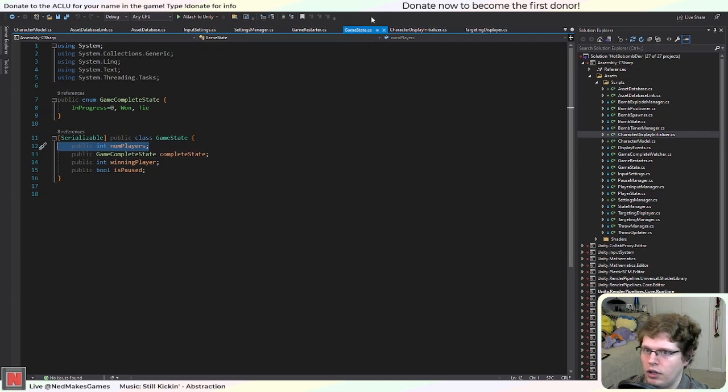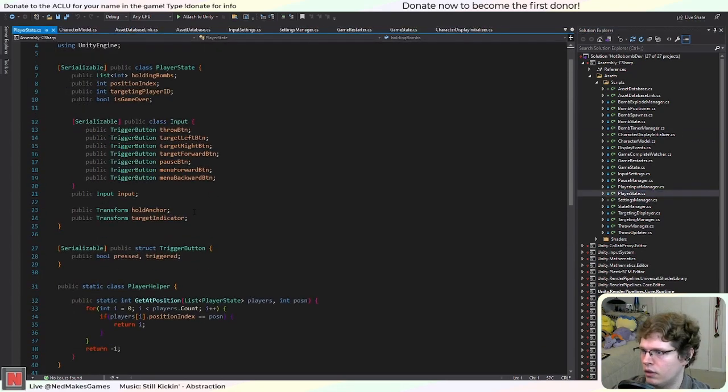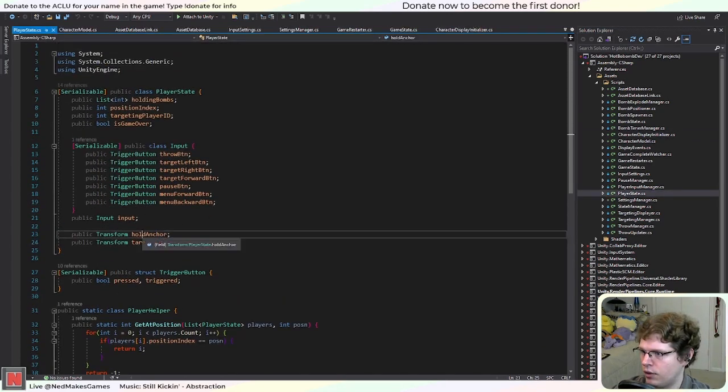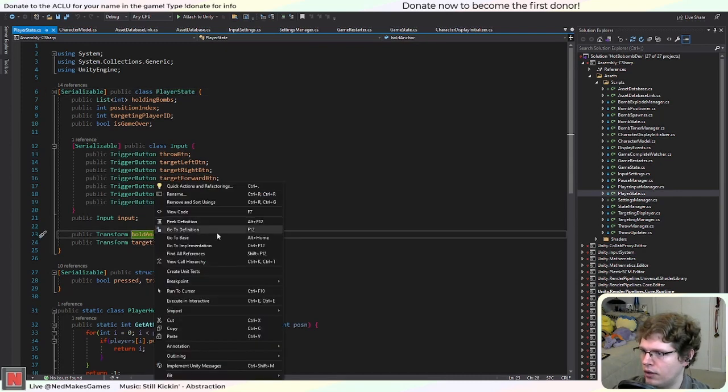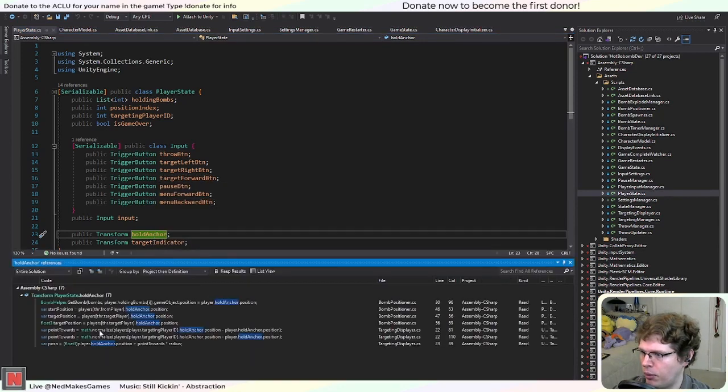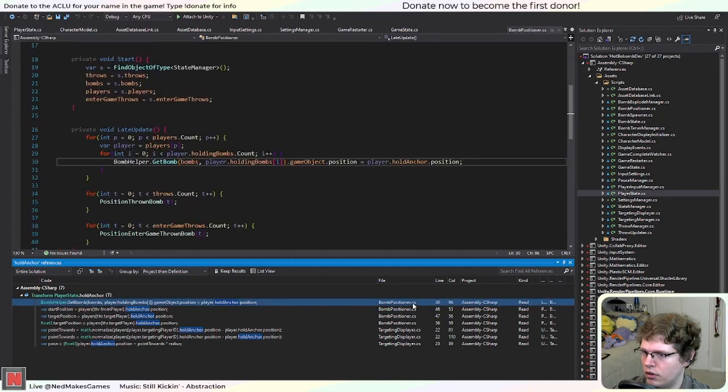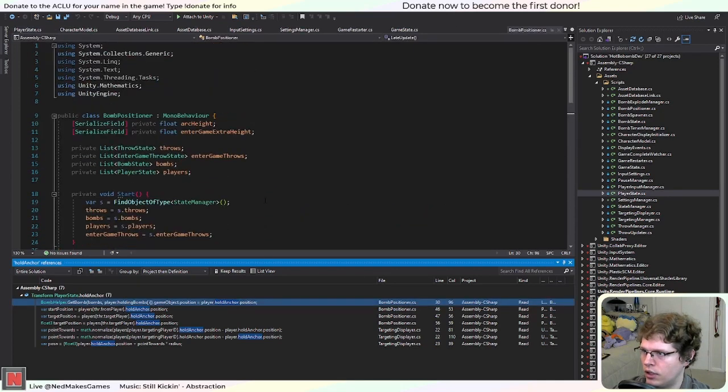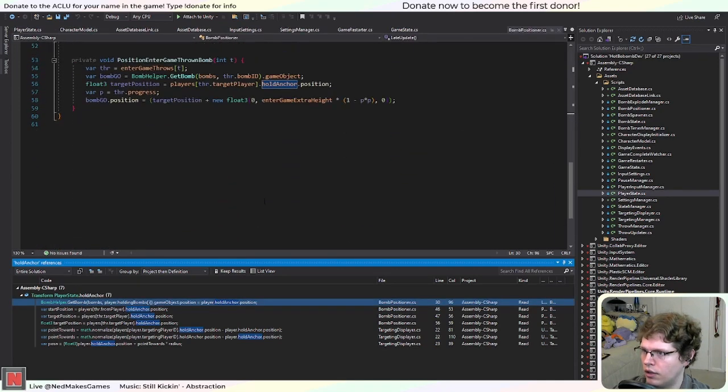And the game state. So I need to be able to set this hold anchor in the player state, unless I want to change where this is stored. The thing is, it's used in some game mechanics. Or is it? No, it's only used in other display classes, so